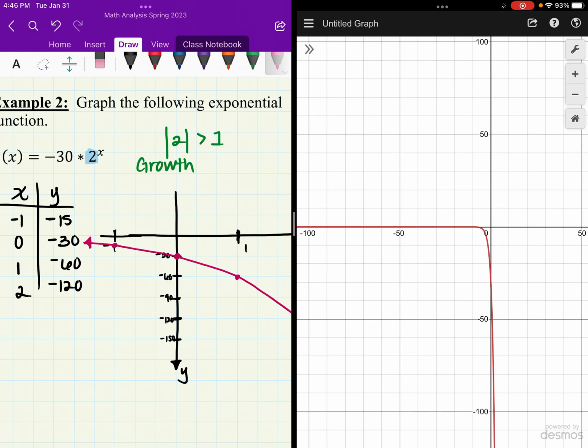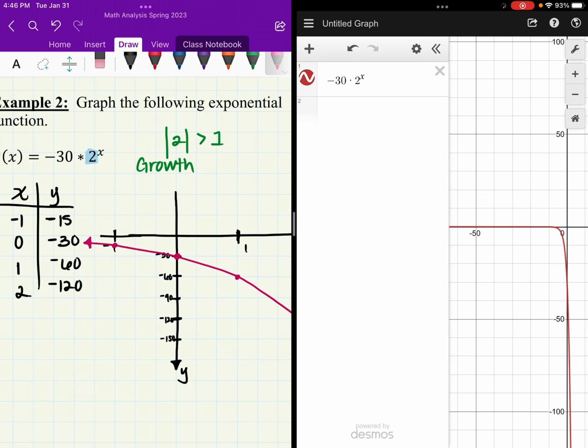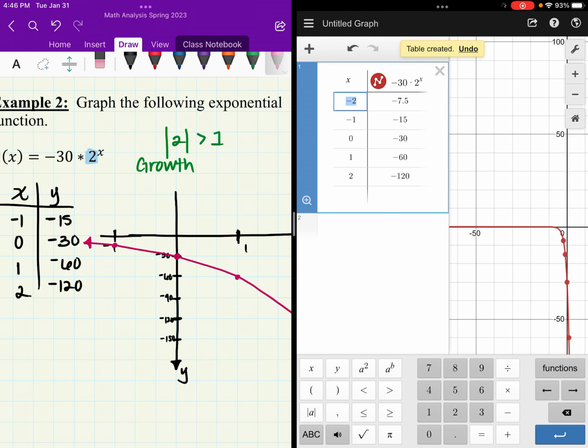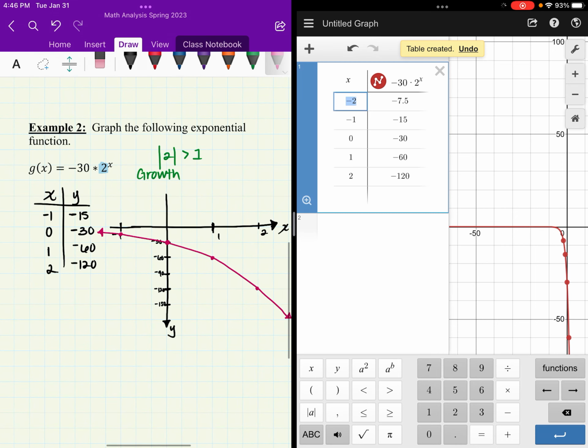We could, in this case, create a table. Once again, guys, you create a table by clicking on that settings icon, the one that's just highlighted now. It's going to give you 3 icons. Click on that first one, and it's going to allow you to create a table of values. So that's a second option in this case, guys. If you guys don't want to graph it by hand, you guys can do it in this